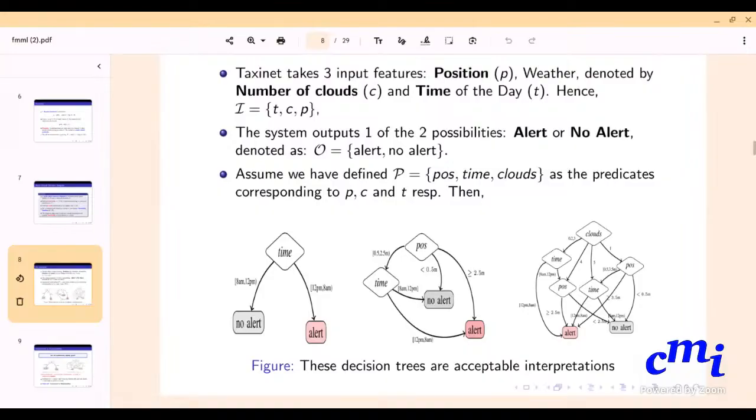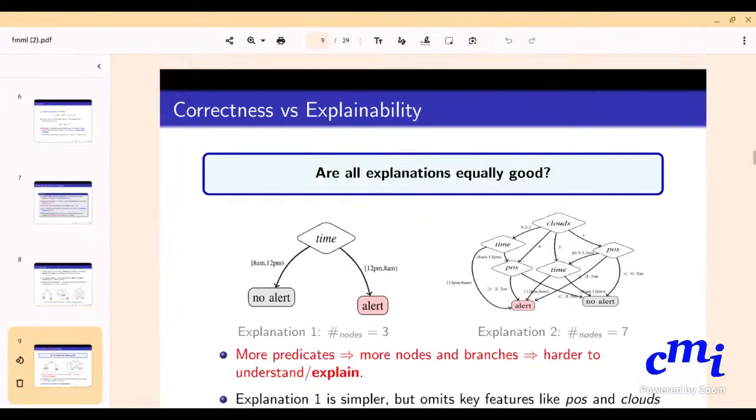Any doubts that they had? Mainly two things. There is a single DNN, and there can be multiple explanations. And then how exactly decision trees are to be interpreted. Yes, I will do that. Okay, go ahead.